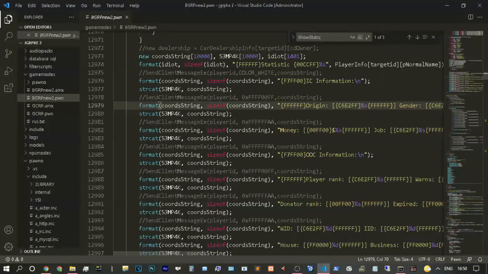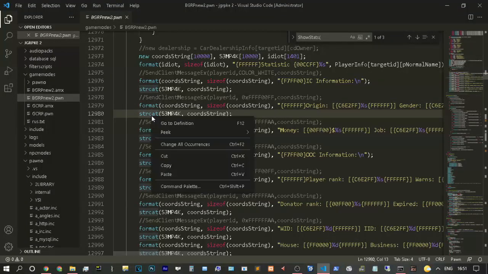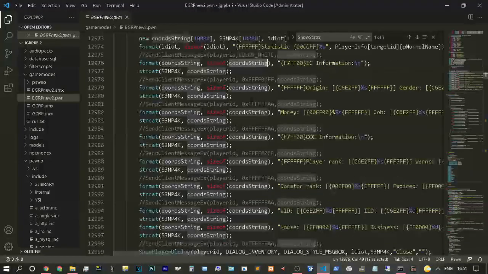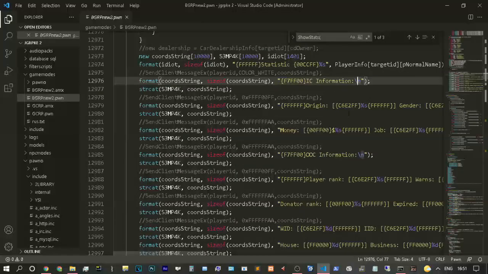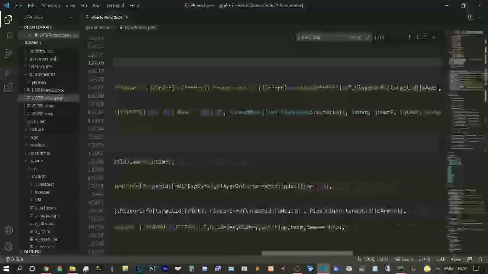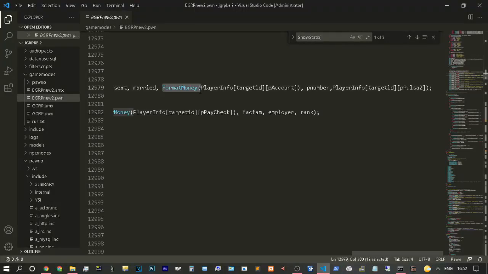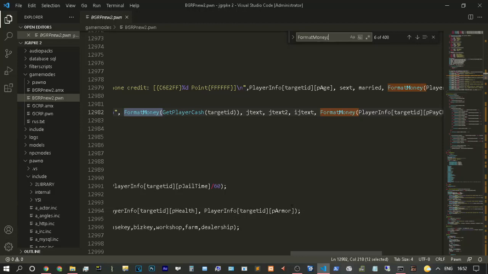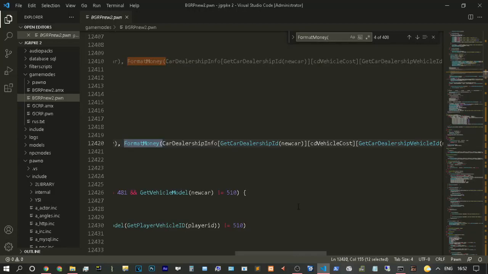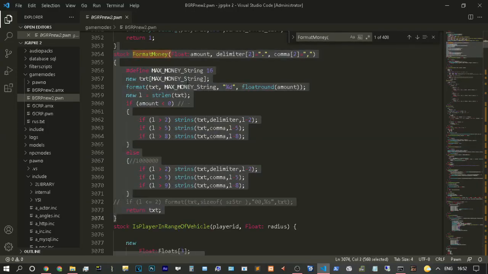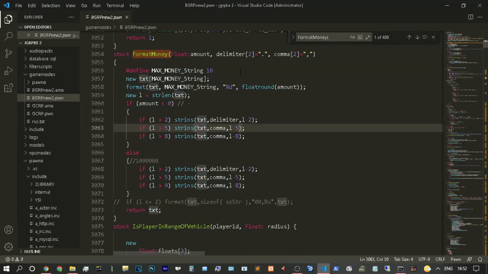and now we will be using strcat, which is an original function from the string include. We are concatenating, and \n is enter. Origin, gender, phone number, point have been gotten from this one. And also we can copy this function, FormatMoney stock, which is used to set the comma delimiter for dollar